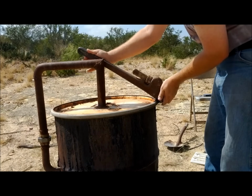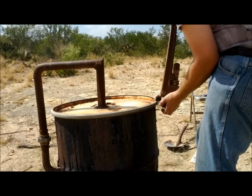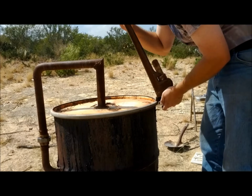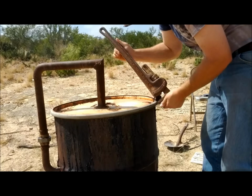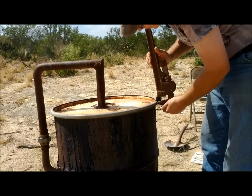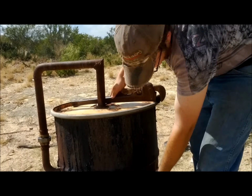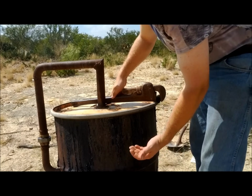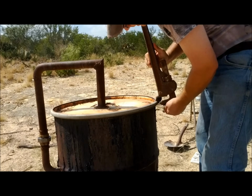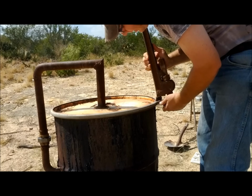And start loosening this bolt on this ring. The full 24-hour process is not necessarily required. I do it because when I decide that I'm finished burning, and I think the burn's about dying down, I'll fill the fire chamber up almost all the way full with raw fuel and close it off and let it burn down slowly. I leave it overnight just because that's a convenient span of time,